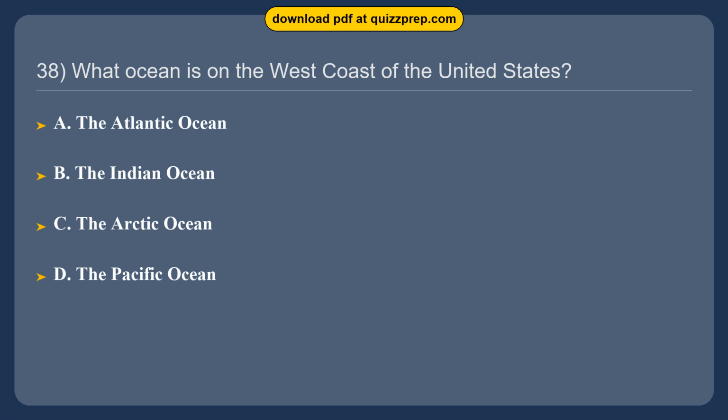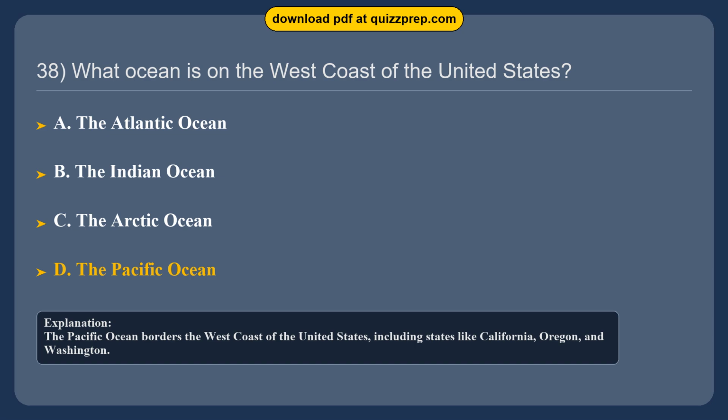Question 38. What ocean is on the west coast of the United States? Option A. The Atlantic Ocean. Option B. The Indian Ocean. Option C. The Arctic Ocean. Option D. The Pacific Ocean. The correct answer is option D. The Pacific Ocean. The Pacific Ocean borders the west coast of the United States, including states like California, Oregon, and